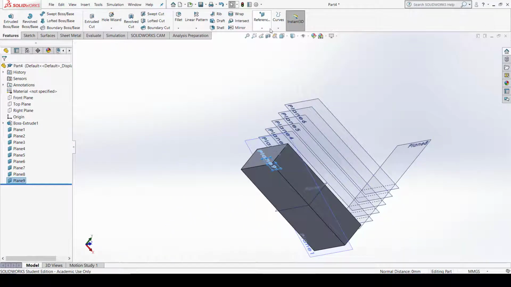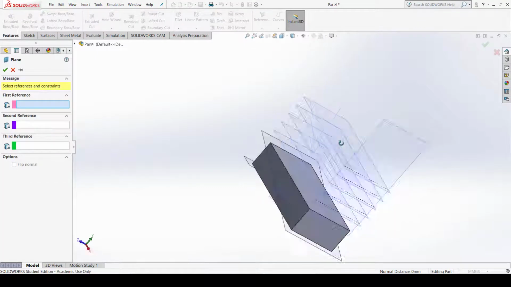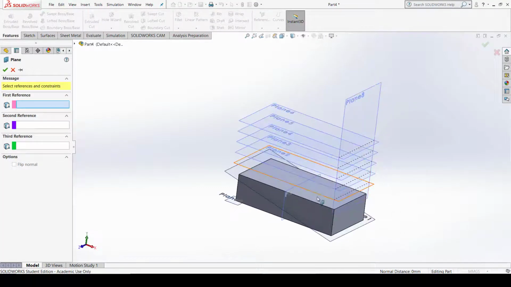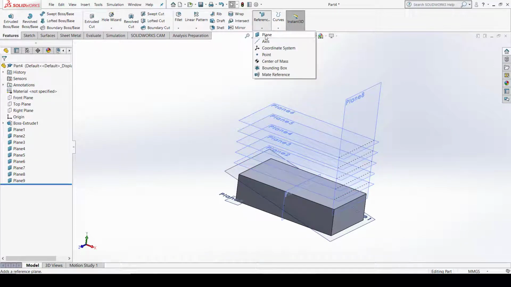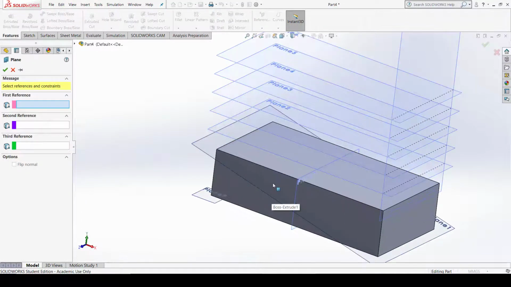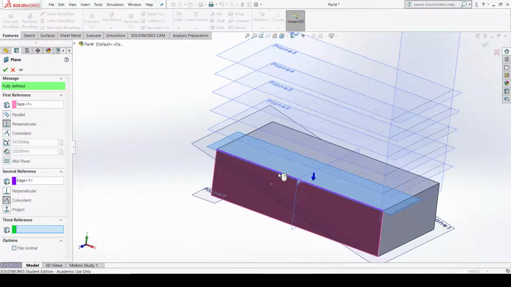And then next press escape to end the command, go to reference, click on this plane again and select this edge. Okay, select this surface first and then select the edge. Now when you select the surface first and select the edge, previously I selected the edge first and then the surface, the plane is 90 degree to each.